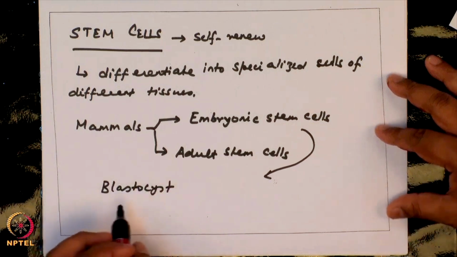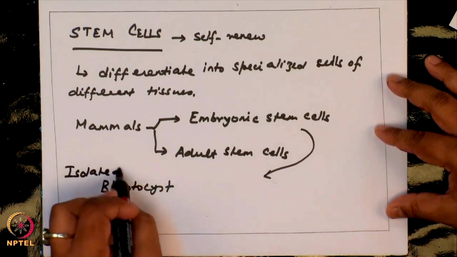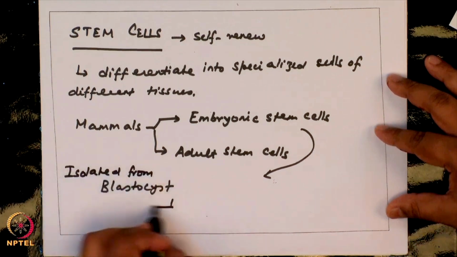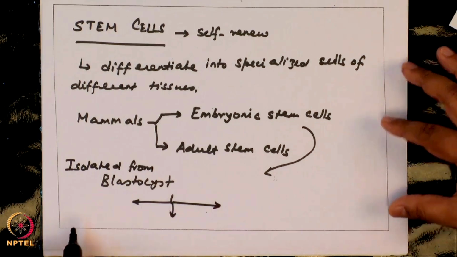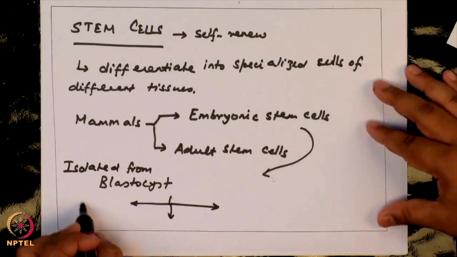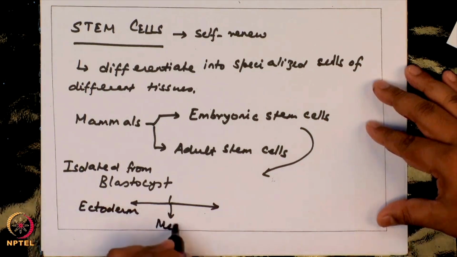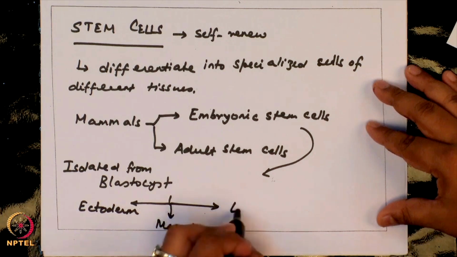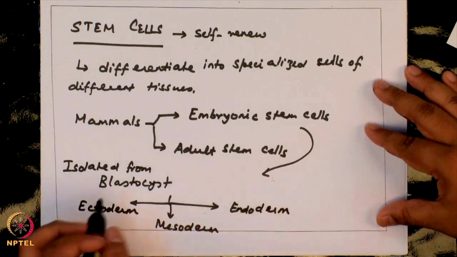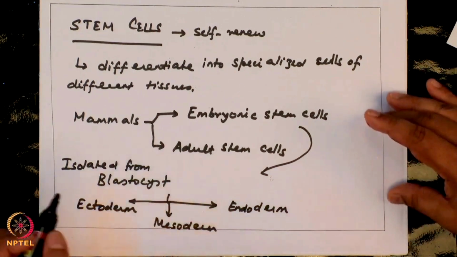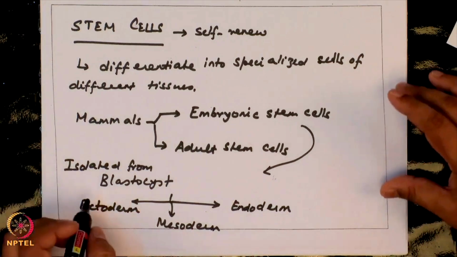These embryonic stem cells are called pluripotent because they can generate cells of the ectoderm, mesoderm and endoderm. So, embryonic stem cells can generate cells of all the different germ layers, but there is some ethical issue